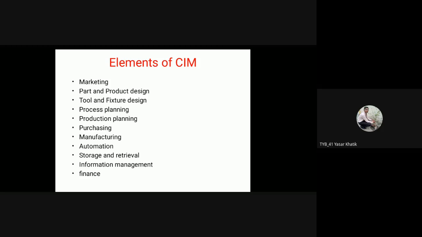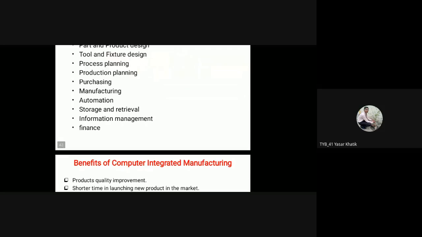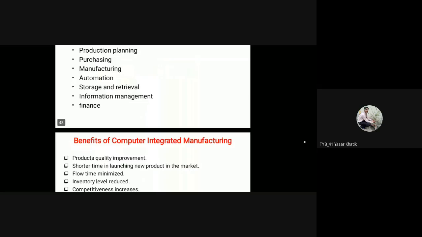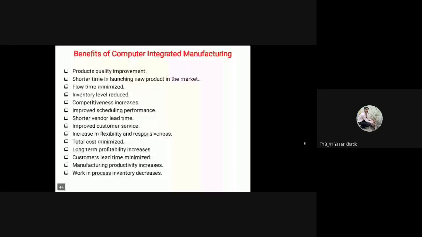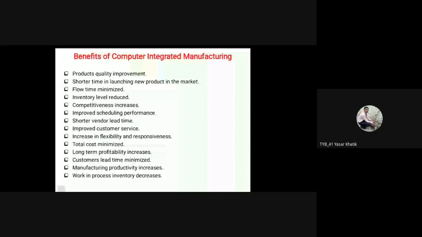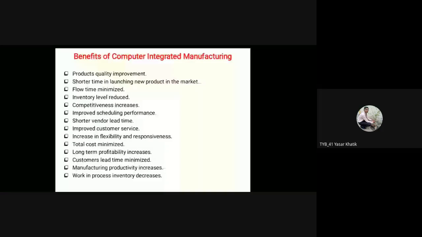So these are some important elements of computer integrated manufacturing. Okay. So we'll see the last point of today's lecture, that is the advantages of computer integrated manufacturing. So basically in this computer integrated manufacturing, first is the product quality improvement. By using this SIM, we will get more quality, then shorter time in launching new product in the